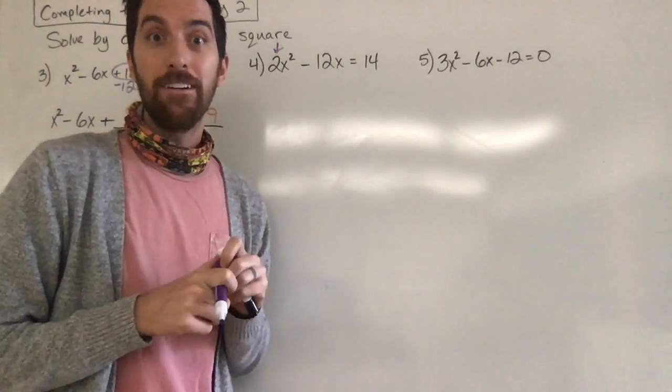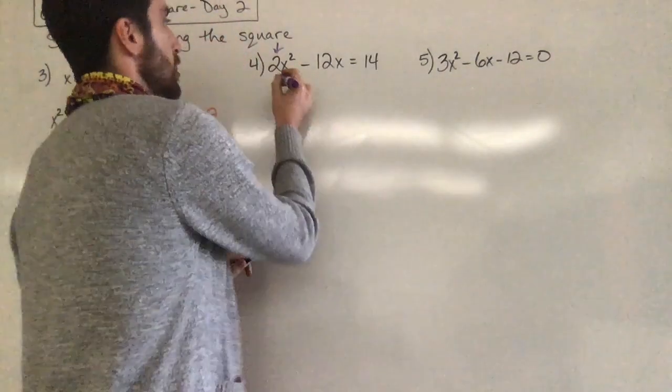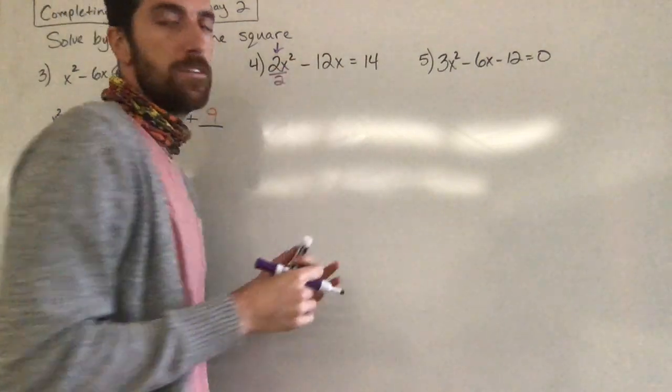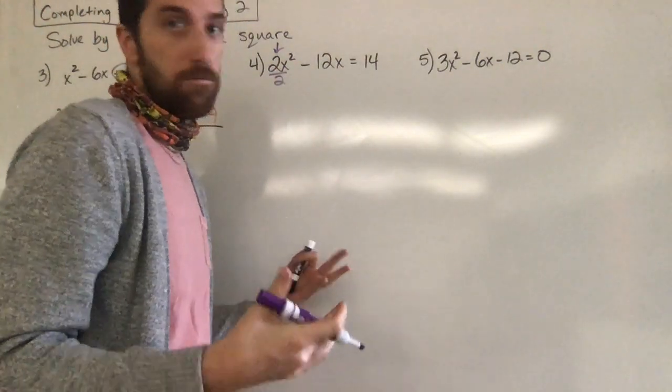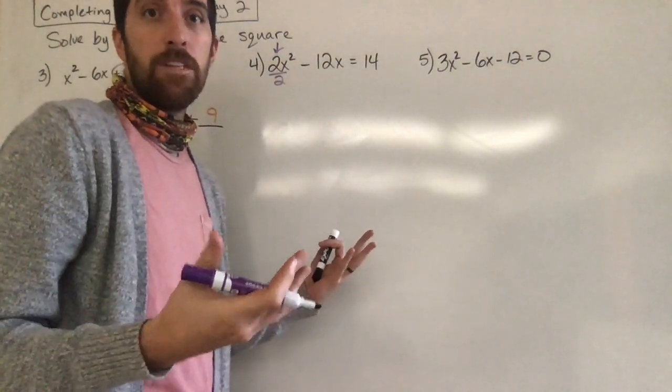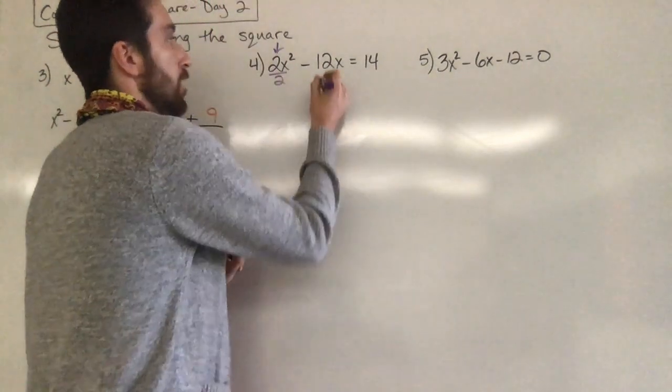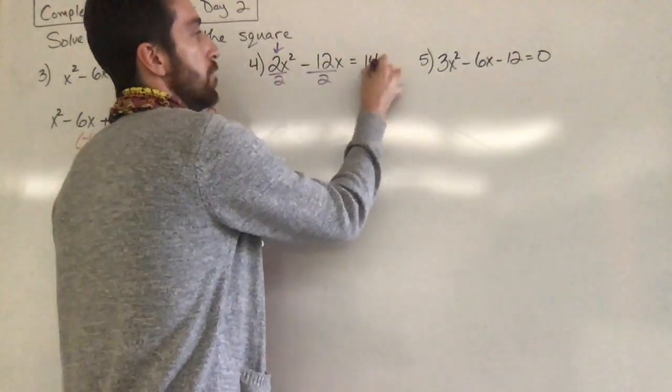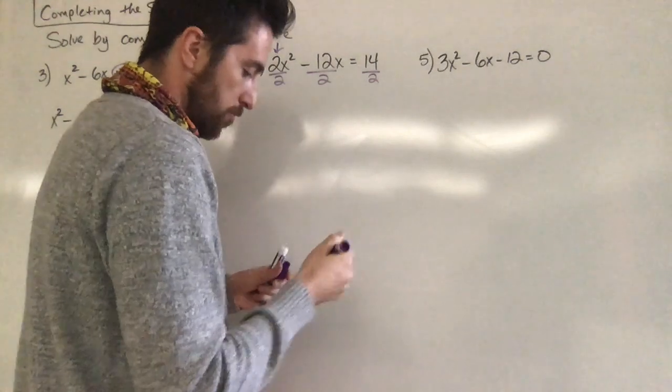We could just divide it, right? But if we divide one part of the equation by 2, we have to divide everything by 2, which is fine. We're changing everything by the same amount. We're cutting everything in half. So we have to divide this by 2, we have to divide this by 2. So rewritten then,